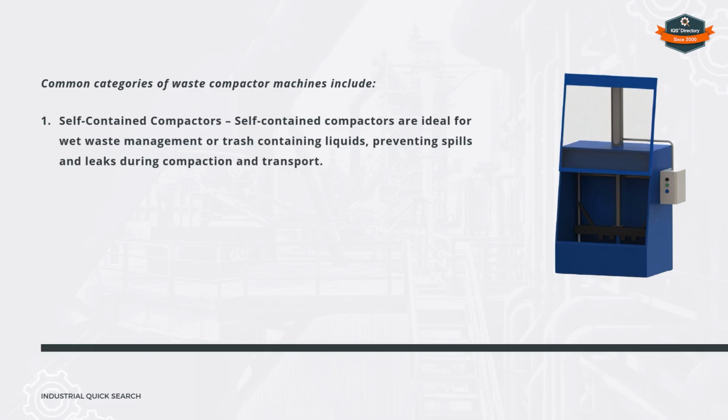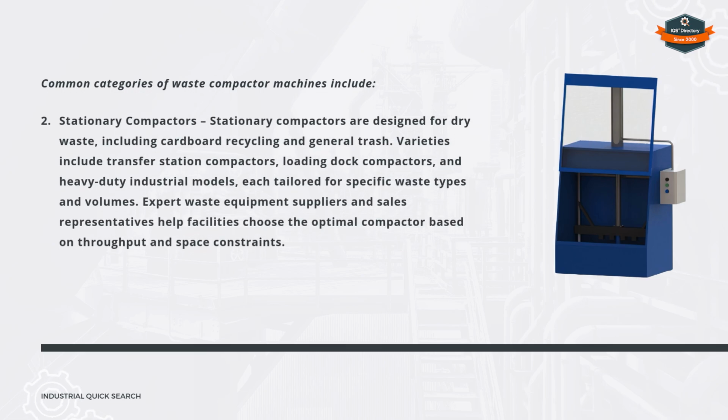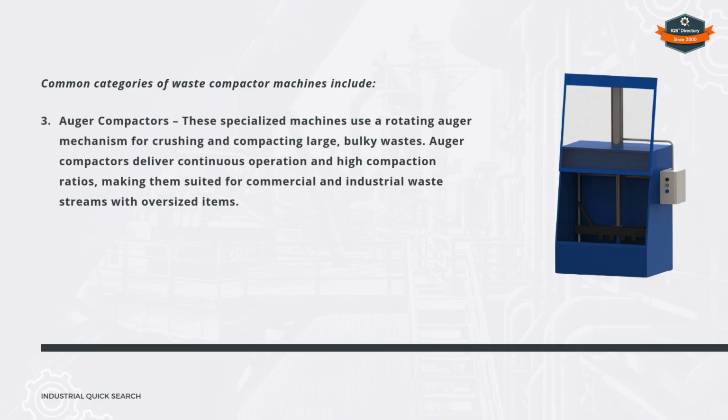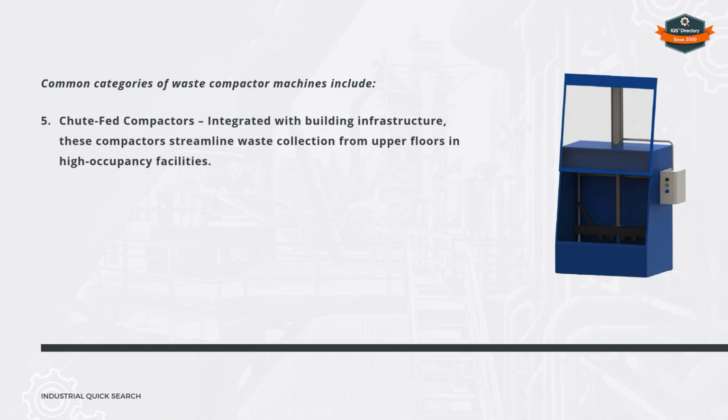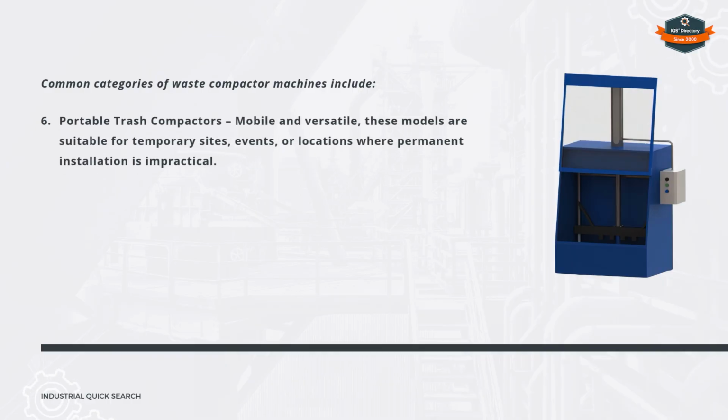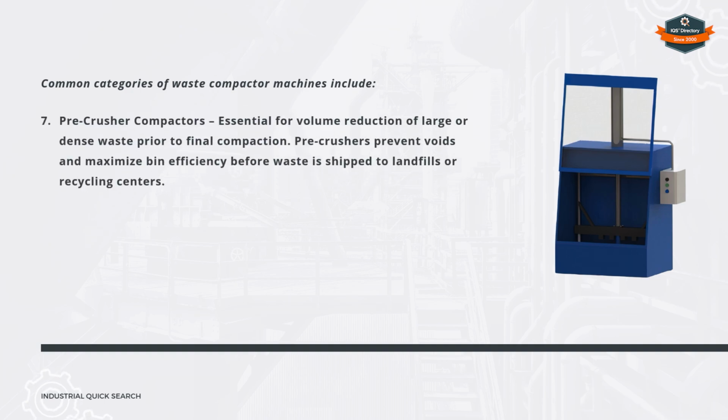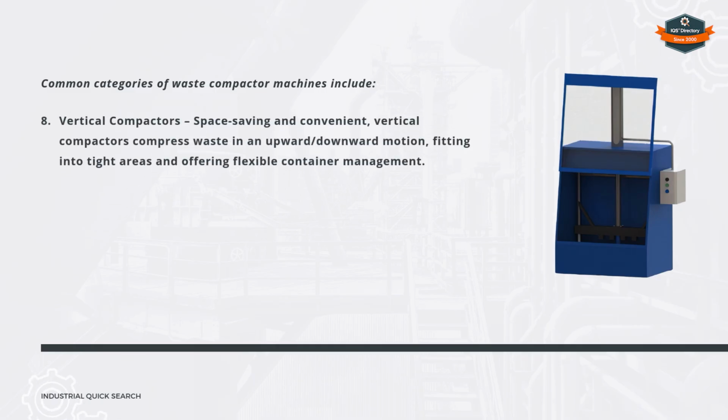common categories of waste compactor machines include: self-contained compactors, stationary compactors, auger compactors, bag compactors, chute-fed compactors, portable trash compactors, pre-crusher compactors, vertical compactors,